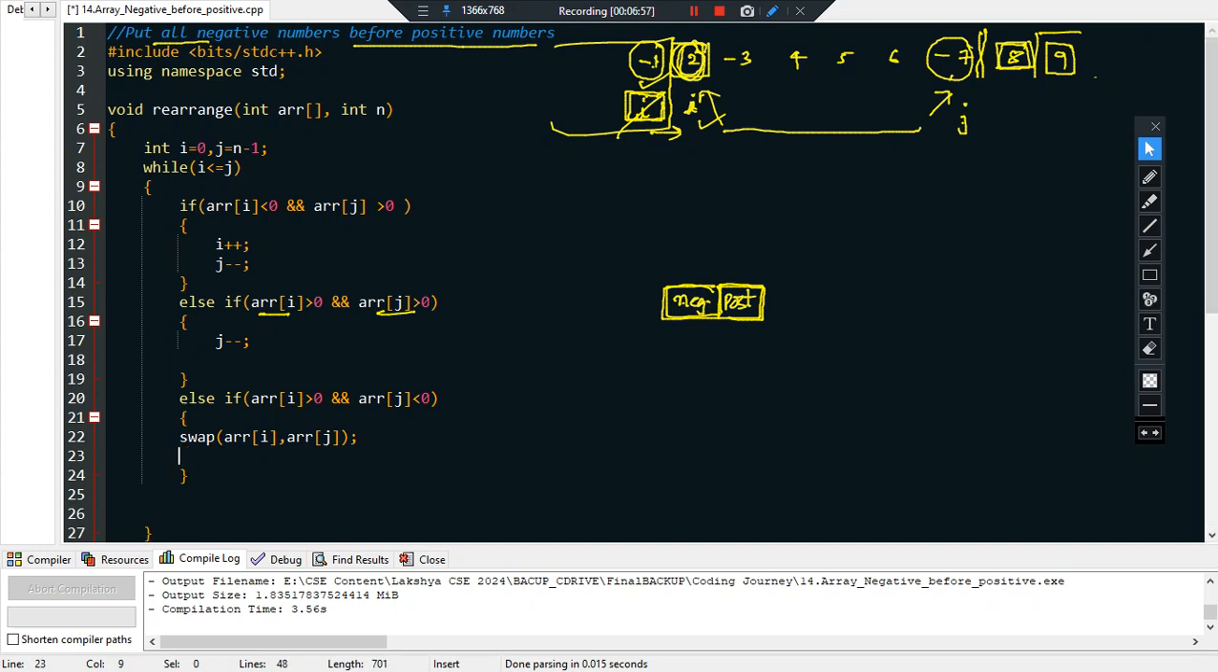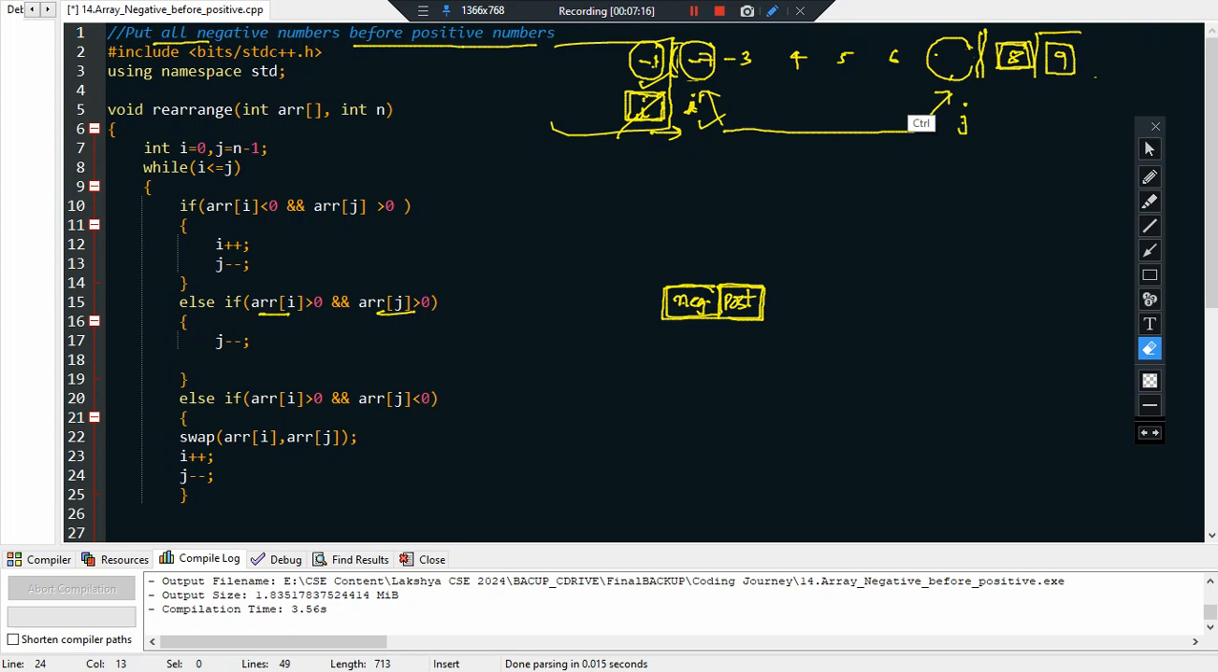And after swapping, what we can do? i can move next, and j can also come left. Getting the point? So if we perform swapping here, what will happen? This will basically be -7, right? And this will basically be,